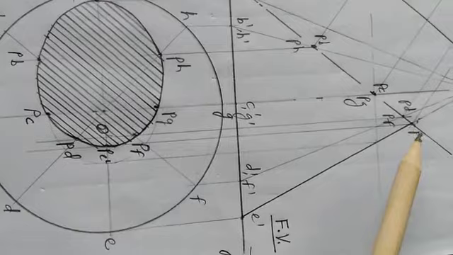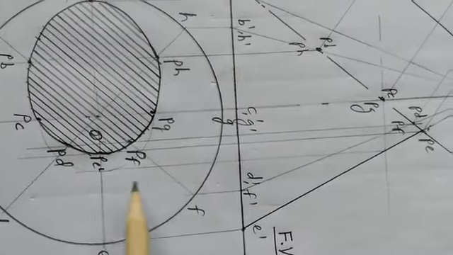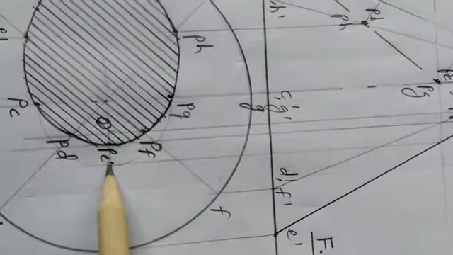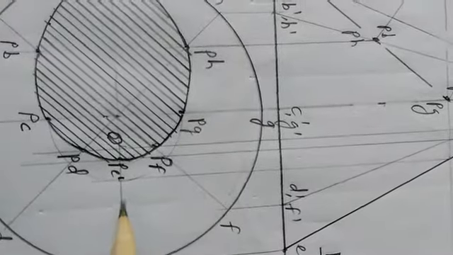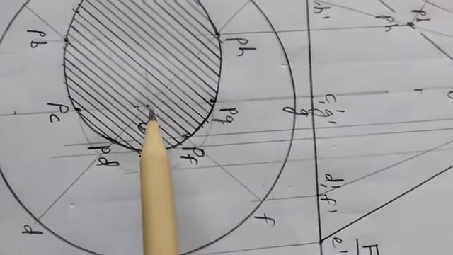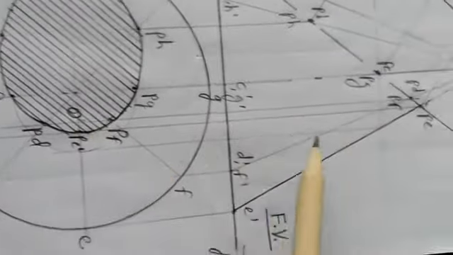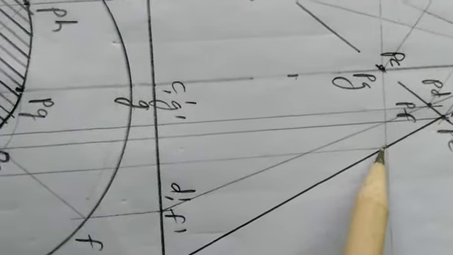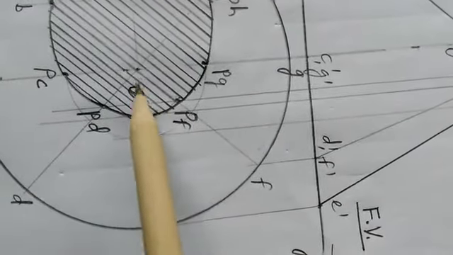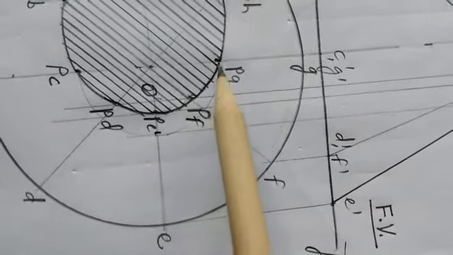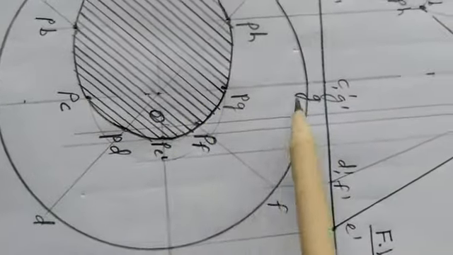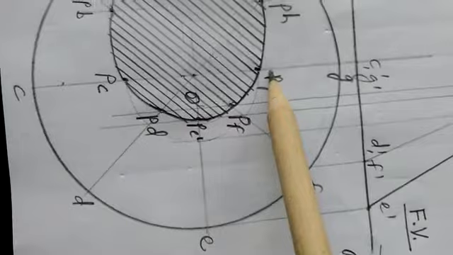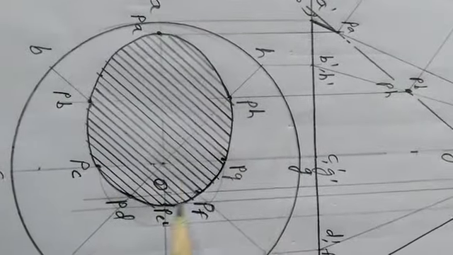OE, this point I got here. Now about the apex, the same distance you have to rotate by compass through 90 degrees in upward as well as downward direction. Same distance, this distance. Which point have I projected? This point. See, the same point I have projected down over to this OE. From the apex, you have to pick the same distance and rotate it through 90 degrees in this way over to corresponding OC and OG, so that you will have PC and PG in this way. Now all the points PA to PH, we have here.